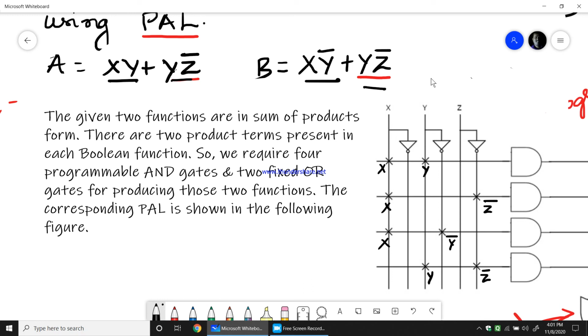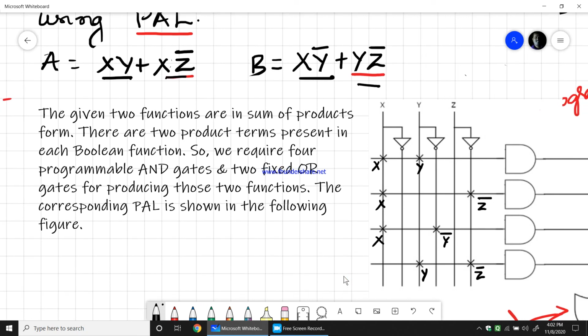We'll take this as xz bar. Anyway, if we had yz bar, then we would have only 3 AND gates. Why? Because yz bar is a repeated term which we have in both functions, so this one AND gate can be used for both the terms. Now let us look into the diagram.